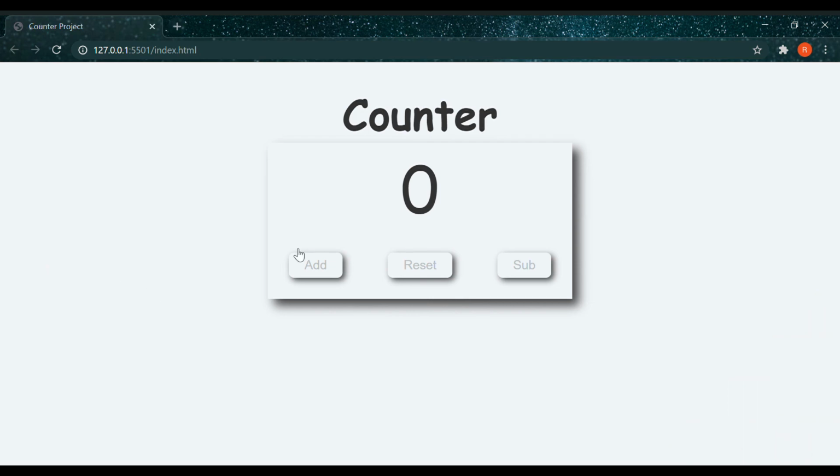Yeah, so let's see the code, whether it is running or not. Yeah, now the text color is changing when the number is positive. Reset button is also working very fine because it is showing a black color effect, and same with our decrement function. So everything is working properly now.